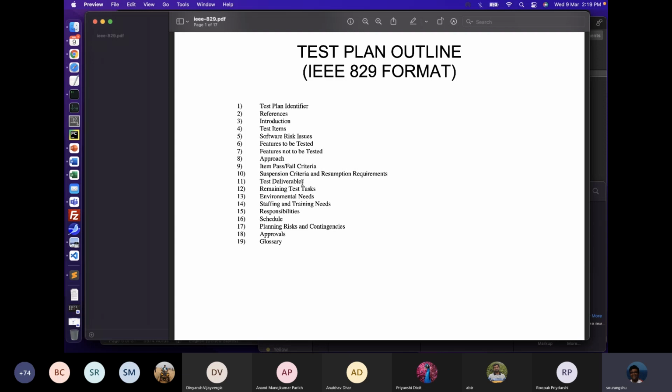Then test deliverables is basically, what are the deliverables of this particular test plan? Okay, so what is the outcome of this particular test plan? Okay, and then these are some of the things remaining. I mean, not everything you need to populate, like remaining test tasks,